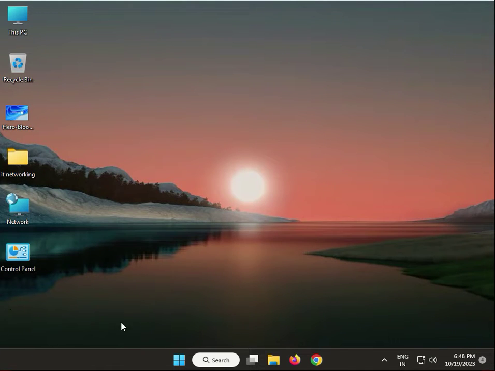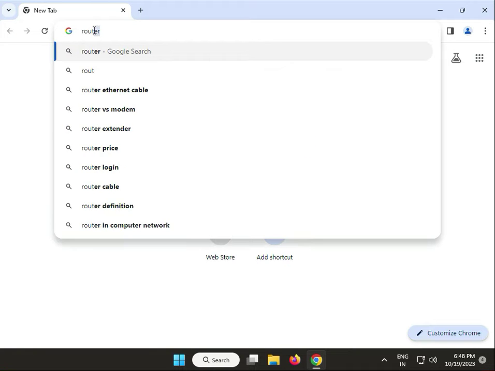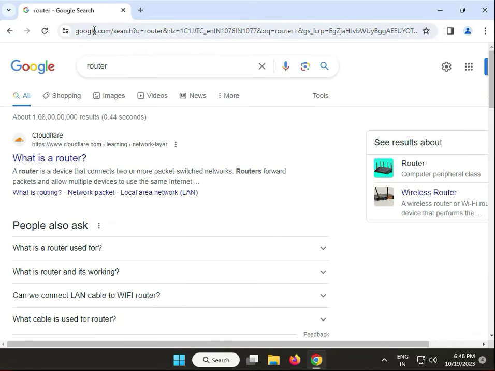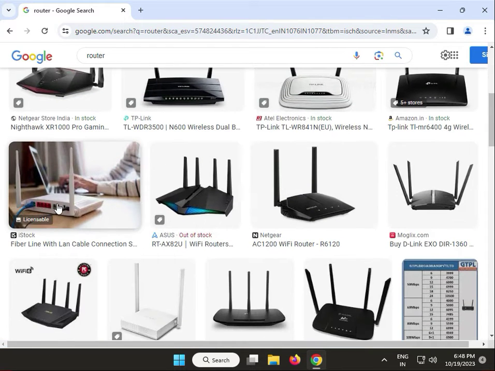Second method, restart your internet router. If you have an internet router, this is a Wi-Fi router like this. On the backside, you can remove the power cable of the router and connect it again. Okay,